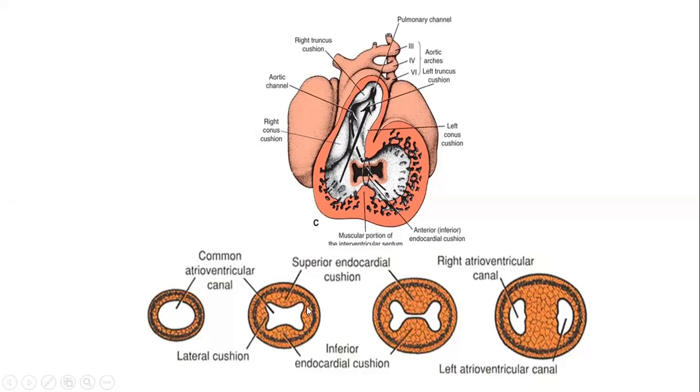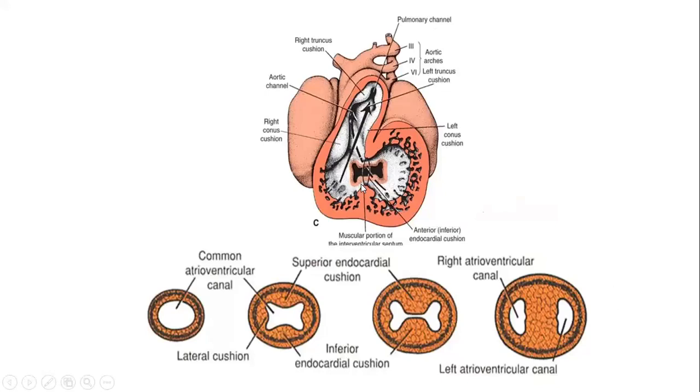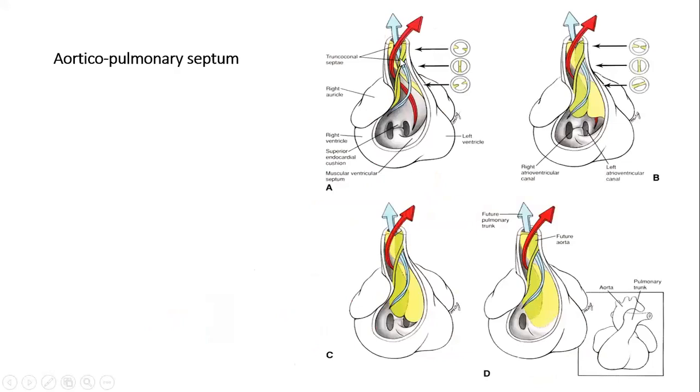The endocardial cushions are being formed, superior as well as inferior. They both join to form two separate canals, two separate chambers here, right and left. So this is the right atrioventricular canal and this is the left atrioventricular canal. This will form the right ventricle, this will form the left ventricle. This is the same septum which is developing between the two ventricles. This septum will continue above even into the aorta and the pulmonary trunk. Initially both the aorta and the pulmonary trunk are joined together, so there is mixing of the oxygenated as well as the deoxygenated blood.